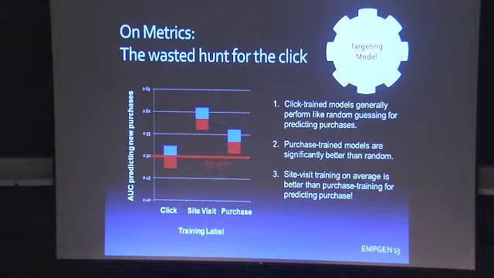Now, if you optimize towards purchase, you do better than random, predicting purchase. What's really interesting is that optimizing against site visits, whether or not they bought, is irrelevant. You are better at predicting purchases. And that's an example of transfer learning in some sense, because I completely changed the problem. I take a different target variable, and it works because I'm navigating that bias variance tradeoff. I'm biasing my model because I'm asking it a different question. But because I get so many more positives, I can reduce the variance of the estimator and still end up getting a better model for what I really want to predict, which is purchase.